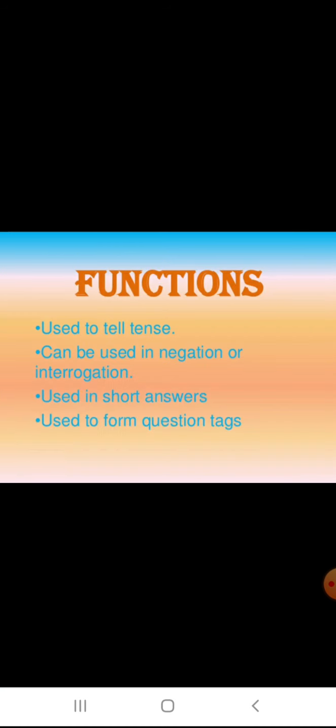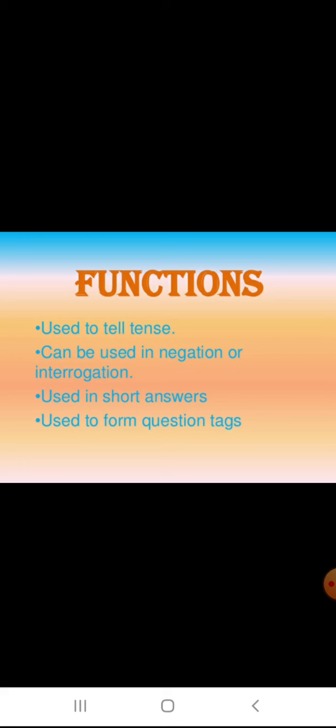Now let us read about the helping verbs. We can call it helping verb or auxiliary verb. The main verb is the most important word. The helping verb comes before the main verb. The main verb is important in a sentence. The verb is the action, as we all know. So the main verb is very important in a sentence. The helping verb comes before the main verb.